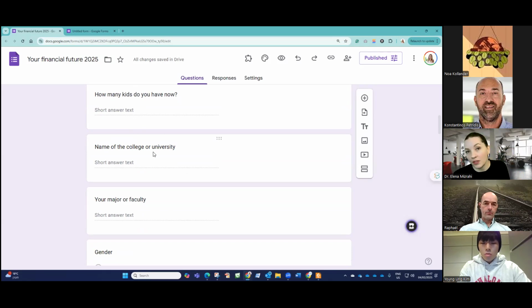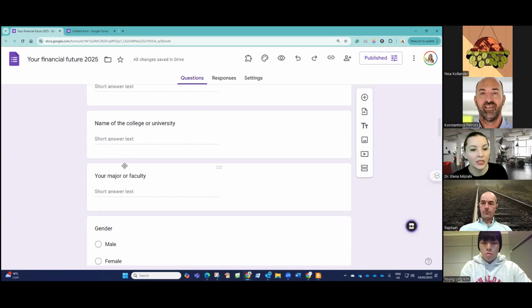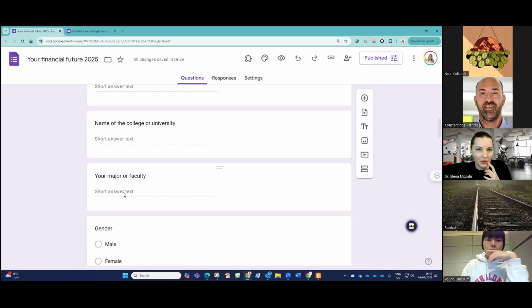We want to see the difference between different places within the same country or between different institutions. So the name of college or university is important. Major faculty, actually, back then it wasn't part of it, but I added it because it's important for me to compare the ambition of an engineering student in, like, one of the best schools in Israel, best universities,